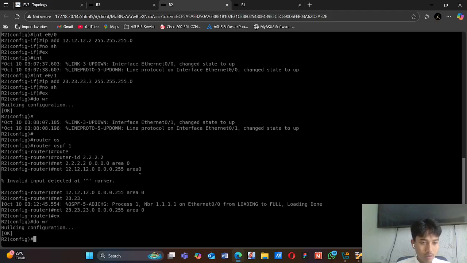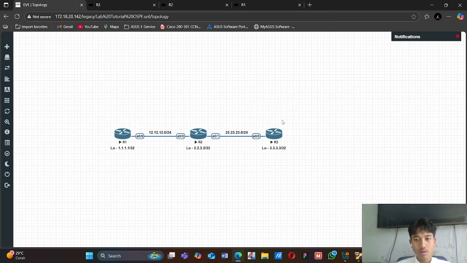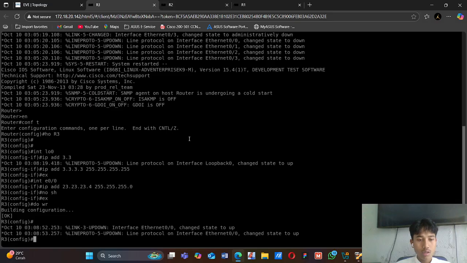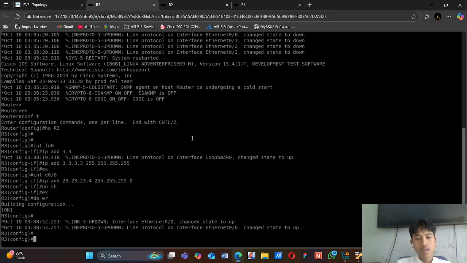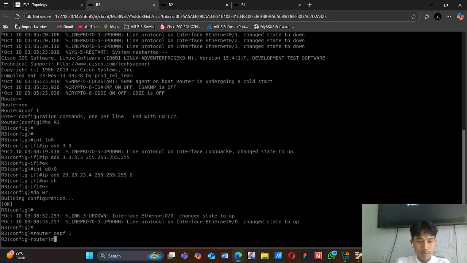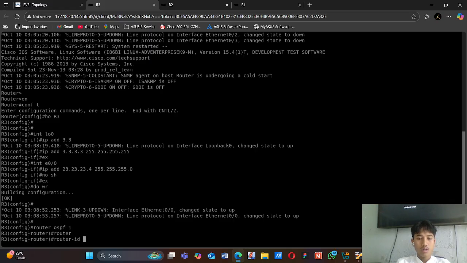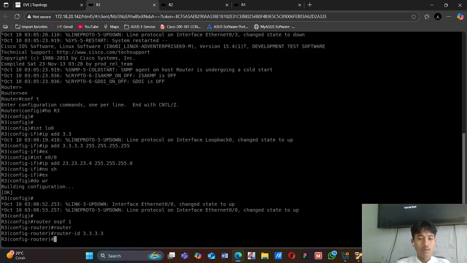Okay, there is a log message in here, guys. You can see network Ethernet 0/0. This shows that router 2 and router 1 are already connected. So now lastly we will advertise the networks in router OSPF for router 3, guys. Router ospf 1, then add the router ID and advertise the IP loopback network first.